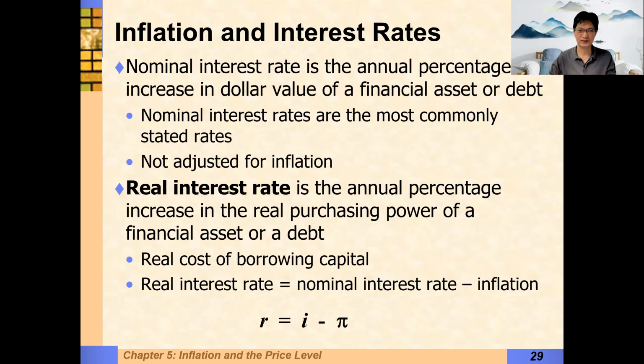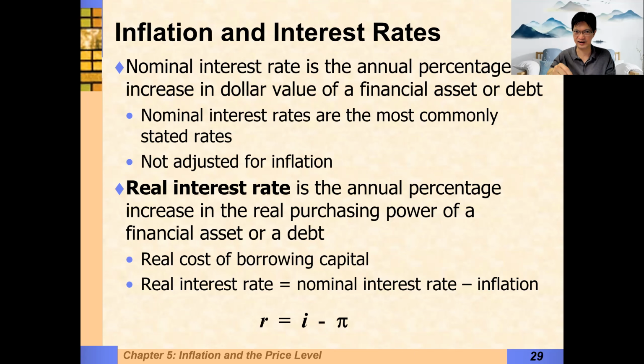Now, the nominal interest rate is the interest rate that you get paid if you put money in the bank. Let's say I go to a bank and I say, here's $10,000. At the end of the year, they'll give me my money back plus interest. That's the nominal interest rate. Or I borrow money to buy an apartment. I get a mortgage. I borrow $1 million from the bank, and the bank will say, oh, your million, you have to pay us interest 8%. It's in the contract. That's the nominal rate.